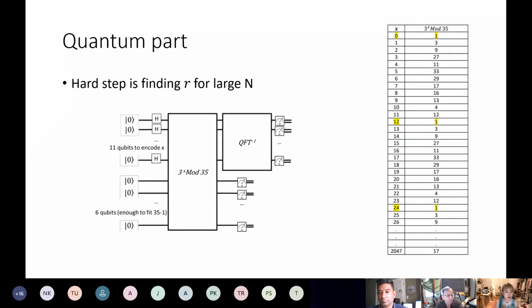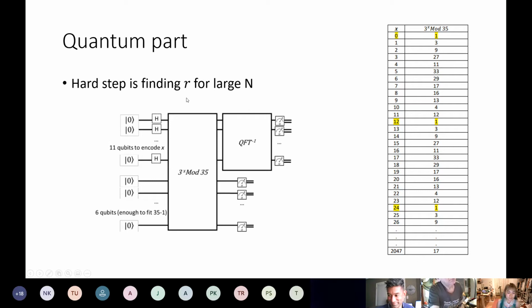But then the hardest step is really finding the period r for a large n. We see from this table with a small number, 12 is the answer, but if n is super big, then there's no way you can really do that classically. That's then how quantum computing comes to the rescue, or messes it up, by introducing a very efficient way to get